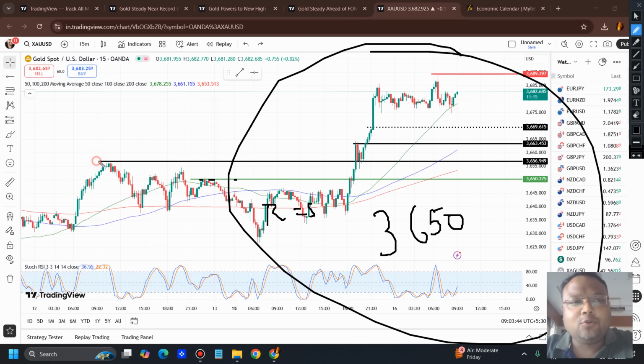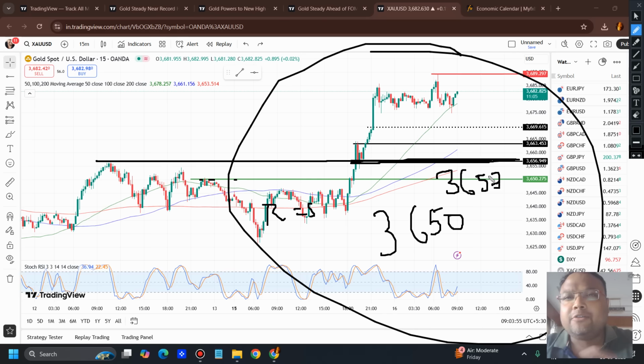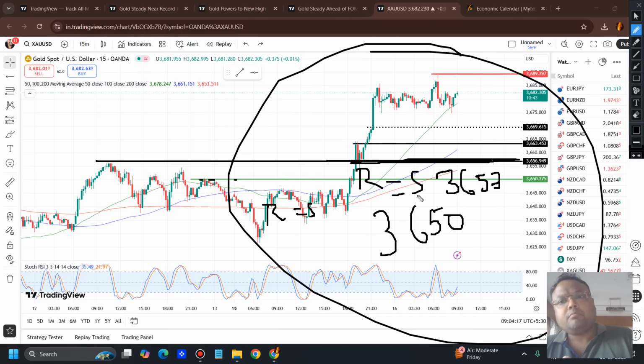So what is the second level to look for a buy? This line here. What is the level? It is 3657, around 3658. This is also a good support where you can look for a buy position. Why? Same logic. Till yesterday, remember, 3657 was working as resistance. The same level will work as the new support. Price action: the previous resistance will work as a new support. So on the chart of gold, personally, I feel 3657 and 3650 are the strong levels where we can look for buy positions.